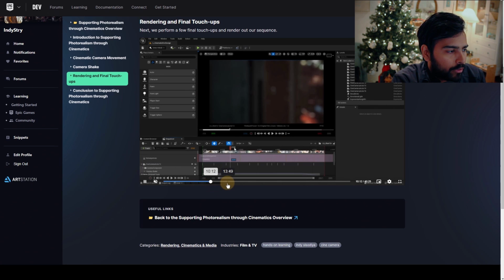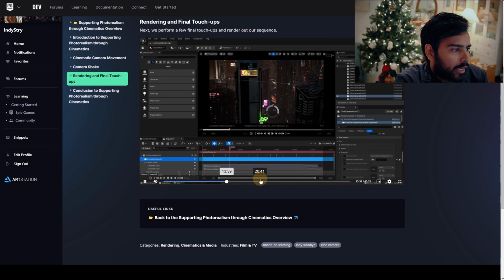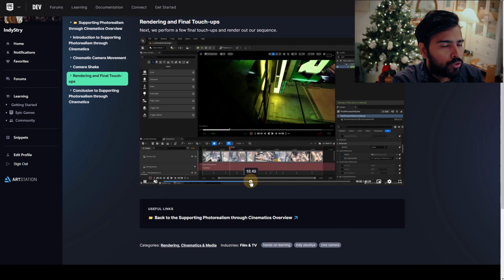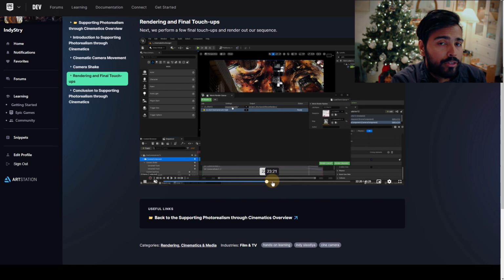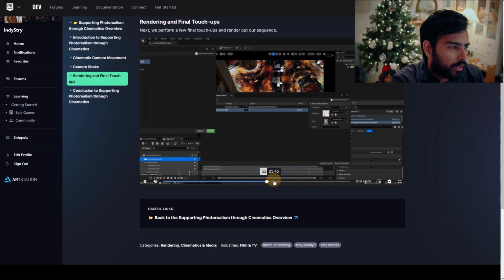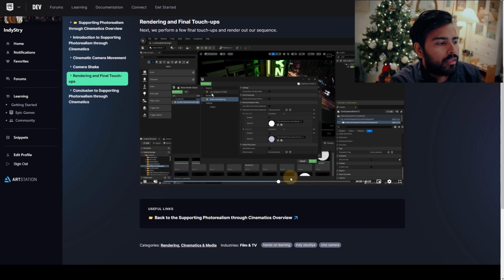And once you have finished that, this is where you again go through the final post-process settings, so changing and adjusting anything in the post-process volume to add more realism into your scene, and then eventually rendering it through movie render queues. So a quick breakdown of the way I'm going to render it,